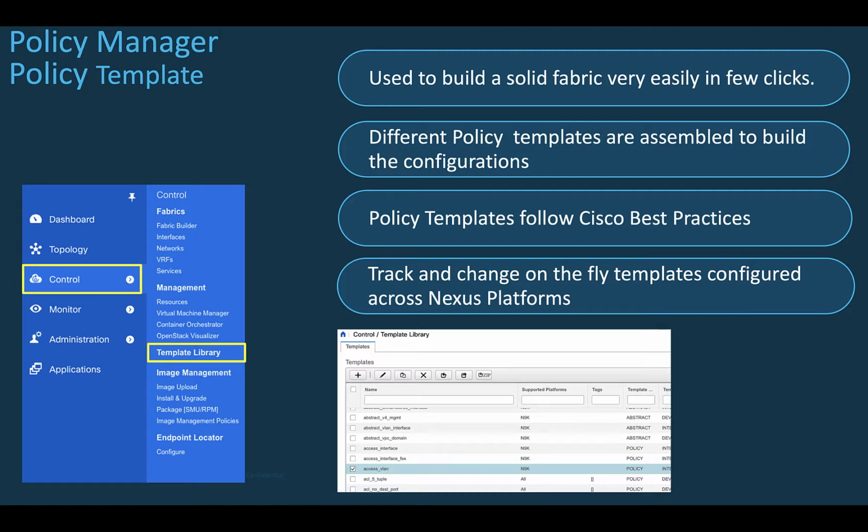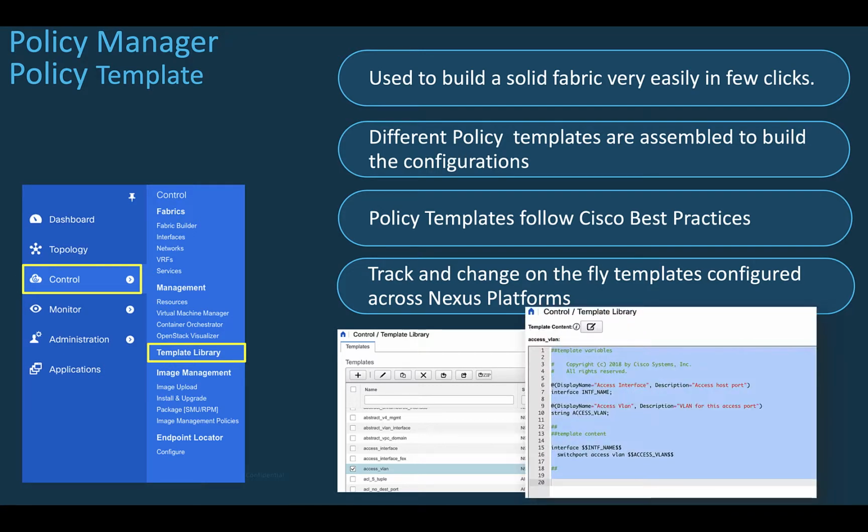This snapshot shows you the list of policy templates and you can track the status. Or you can edit a template used to configure a particular element of the fabric. The recommendation is that if you want to change something in the Python script, you may want to first save the template with a different name on your laptop, apply your changes, and upload it as a new template that DCNM will be able to use afterwards.